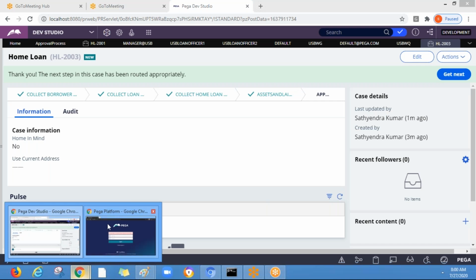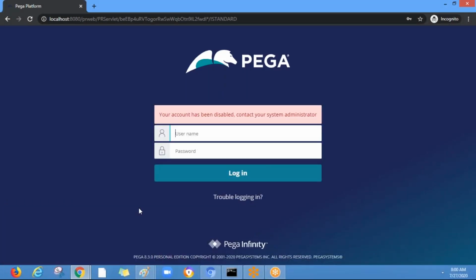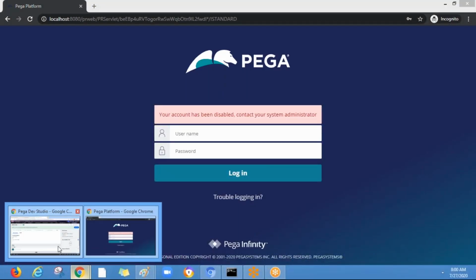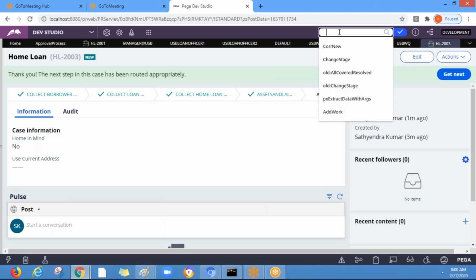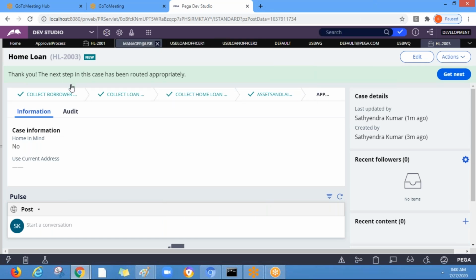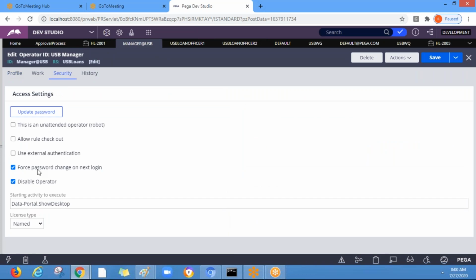Okay. So now, okay, this is disabled. So now let me go to the manager USB. So I have moved the code from a different system. So by default, you will see this allow rule checkout.